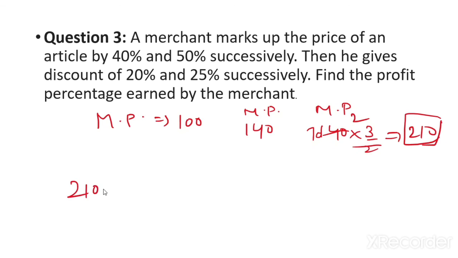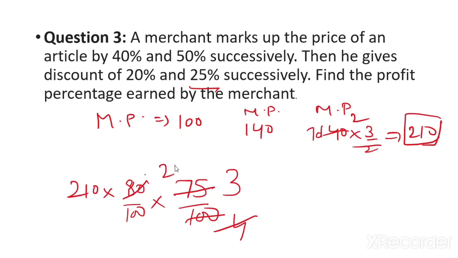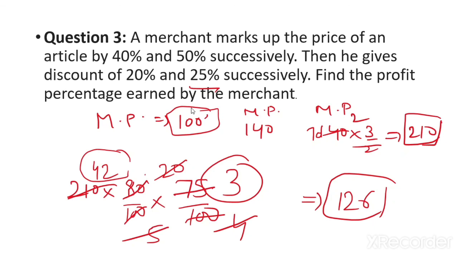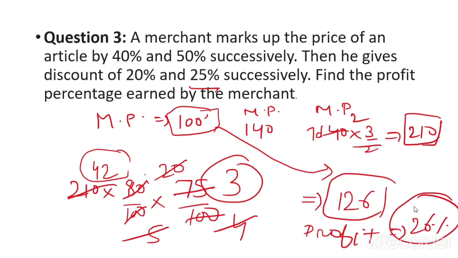देखो 210 में पहले दे रहा है वो 20% डिस्काउंट. 20% डिस्काउंट मीन्स हम इसको 80/100 लिख सकते हैं, एंड देन 25% डिस्काउंट, इसको लिख सकते हैं हम 75/100 लिख सकते हैं. ठीक है, 25 3 जा 25 4 जा 420, 25 जा 5, 42, what will be it? 42 into 3, 126. ये क्या आ गया है हमारा? ठीक है, ये आ गया है हमारा SP. इतने पे वो बेचता है उसको. ओरिजिनल MP क्या था हमारा, जो हमने माना MP 100 था. गेन कितना हो रहा है इस पर? 26, बिकॉज 126 में बेच रहा है तो प्रॉफिट परसेंट कितना होगा उसका, 26%। ओके, आज की क्लास में हम बस इतना ही करेंगे। थैंक यू।